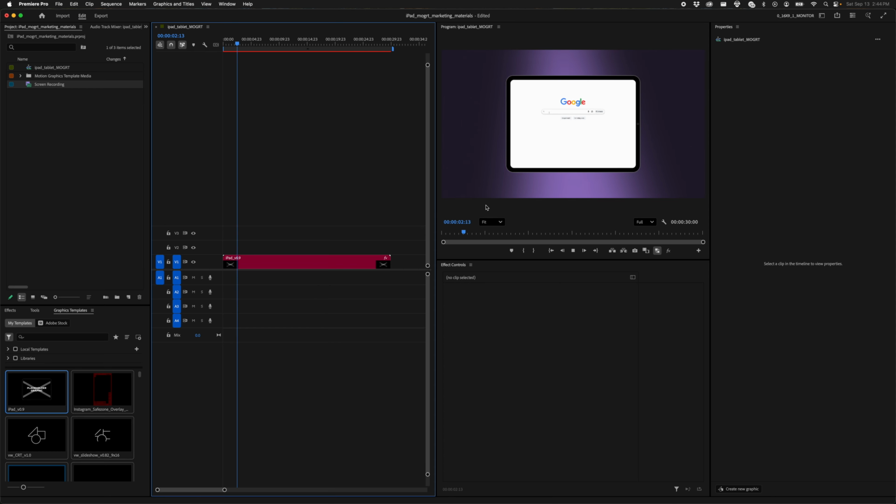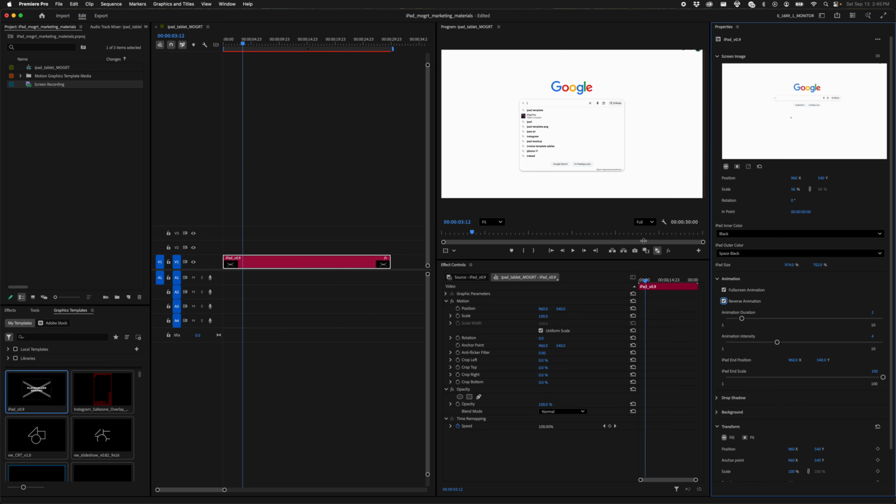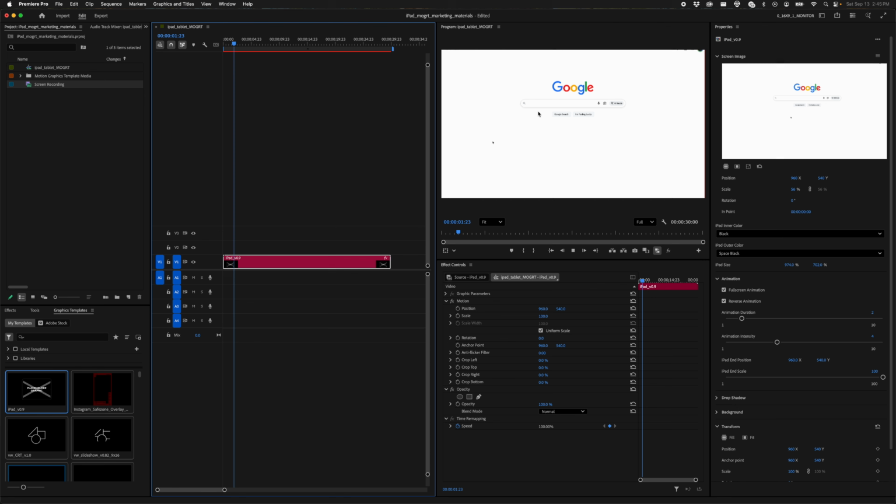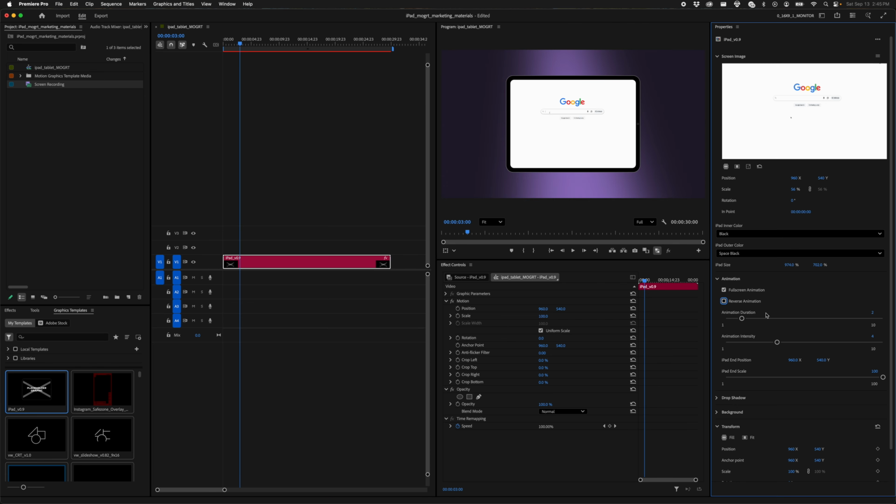It's like going from full screen to this smaller size. You can reverse it, so you start here, and then it would expand into full screen. The effect pairs well with a whoosh sound. If you want to add a whoosh, you can add your favorite whoosh. And then the other cool effect, I'm going to leave the reverse off for now. The other cool effect is you can control the animation speed and intensity